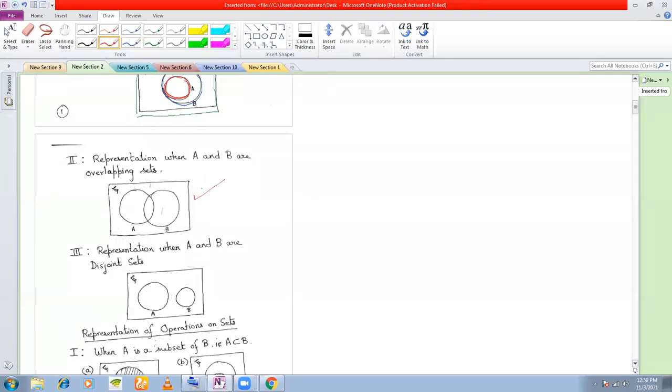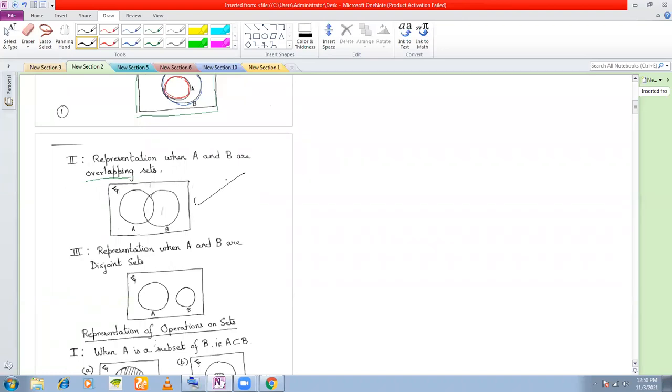If two sets are overlapping, then you will draw two circles that have a certain part in common between them. This part. So if I say overlapping sets or intersecting sets, or even if nothing is mentioned, if two sets are given and nothing is mentioned, you will consider them to be overlapping sets. So you will draw these two circles in this manner, such that they have a small portion that is common between them. This is the second case.